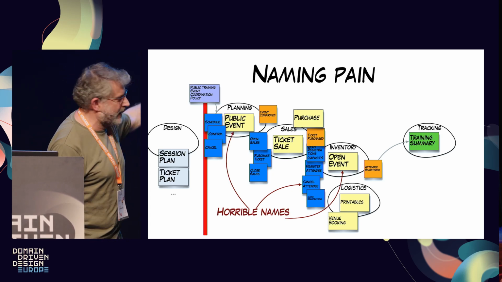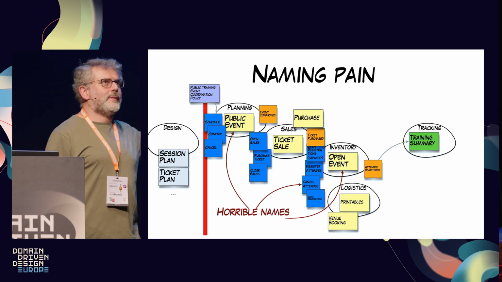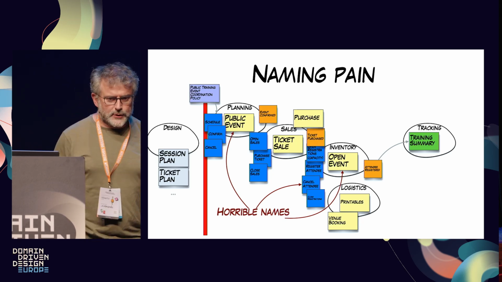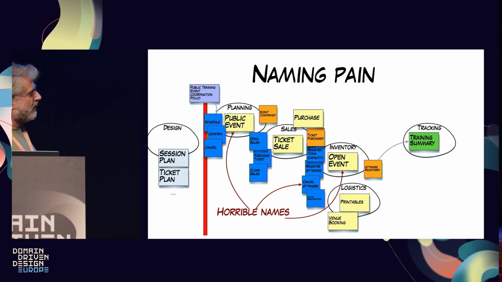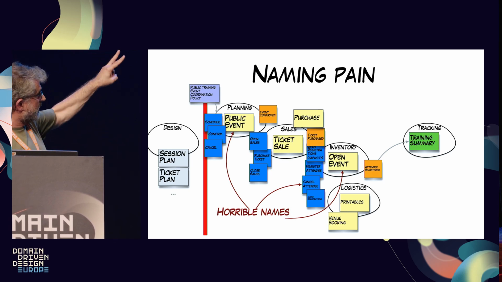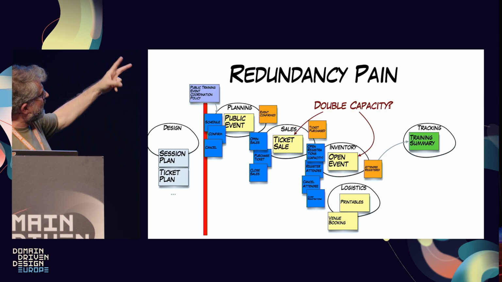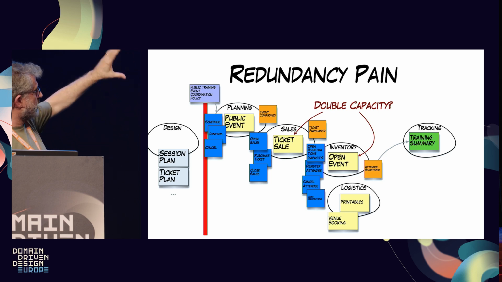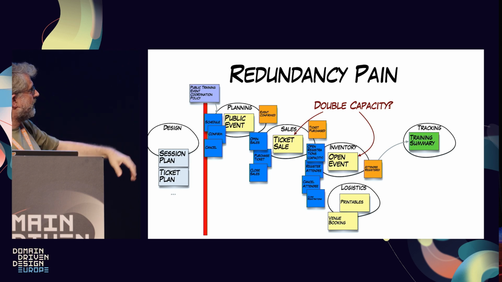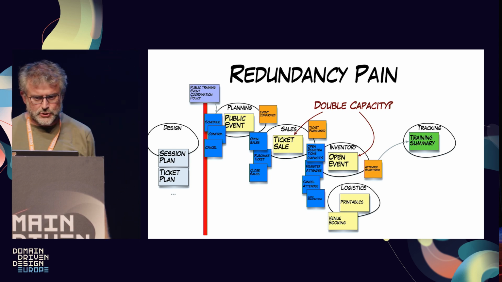I also don't like the cancel attendee, because we have the forces for registering an attendee and then canceling the registration of the attendee. And I'm looking for a symmetry, and I'm never going to be happy about this part. So that's actually ugly. There's another problem in here, which is we are basically talking about capacity in two places. There's one ticket capacity, and there is one seat or places or spots capacity in the event. And it looks like unnecessary machinery.